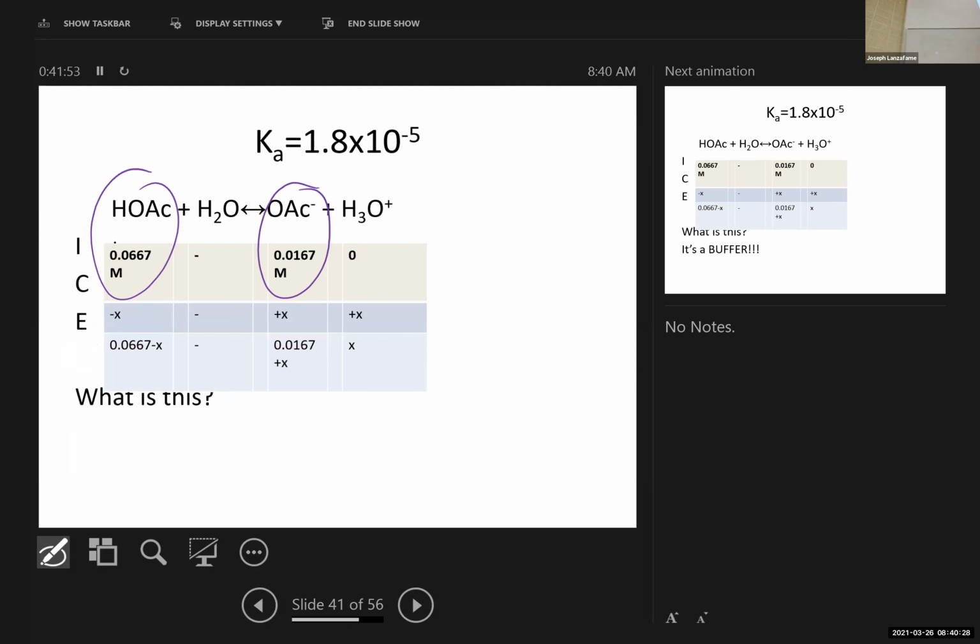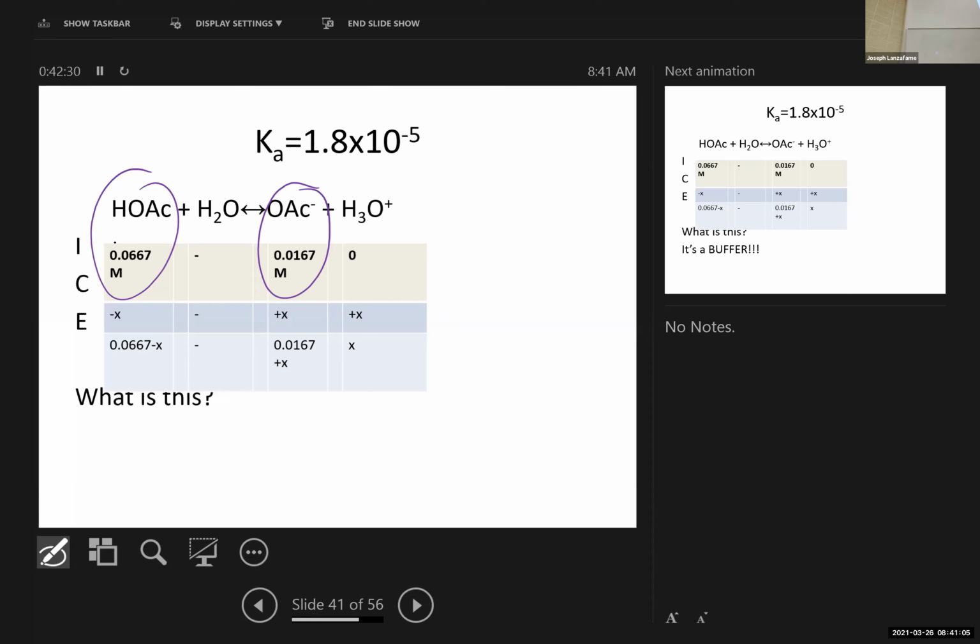And since my first reaction ended with a little bit of acetate, my second reaction starts with a little bit of acetate. All right. And so, in fact, I have a buffer, right? And this is really the beginning of why I feel like the titration curves ultimately best summarize all we've been talking about with acids and bases. I have multiple acid-base reactions. I have to use K to sort them out,